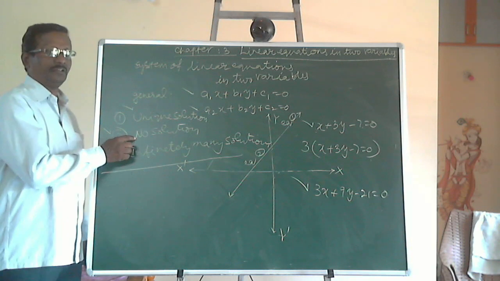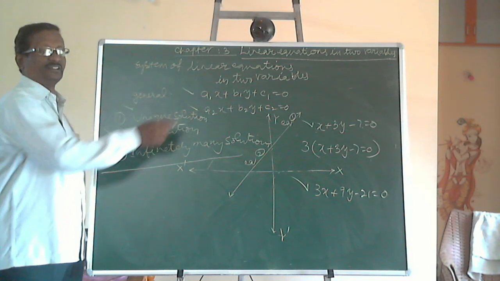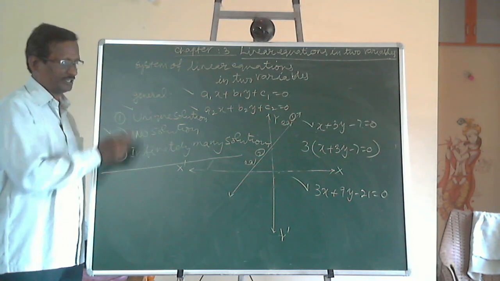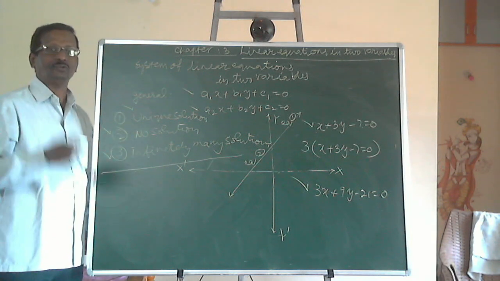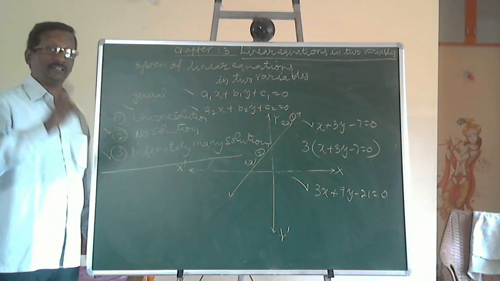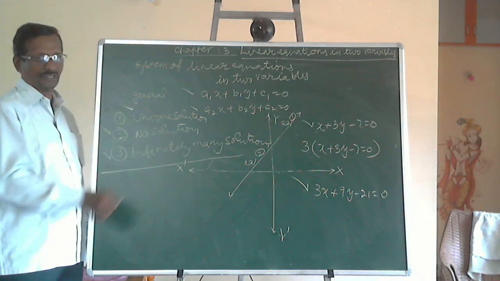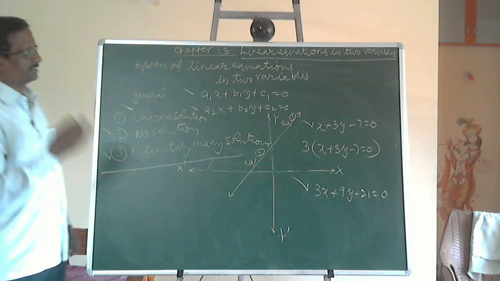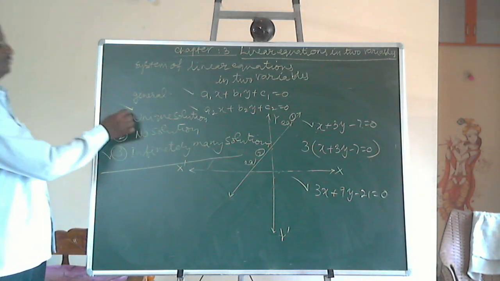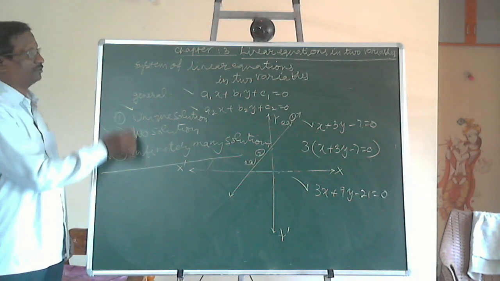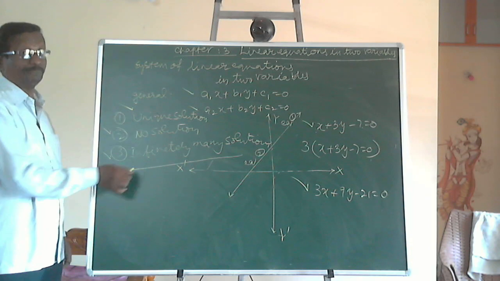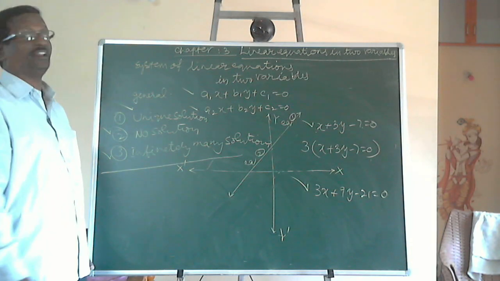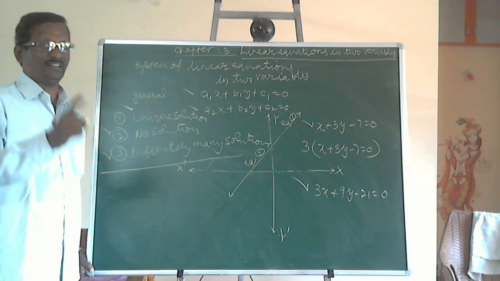In case the graphs of the two equations are two parallel lines, there is no common solution, it's no solution. In case the two equations are representing intersecting lines, it is a unique solution. Normally, we discuss much about unique solution. Next, whether it is a unique solution or infinitely many solutions, cases 1 and 3 together are called the system of linear equations being consistent.